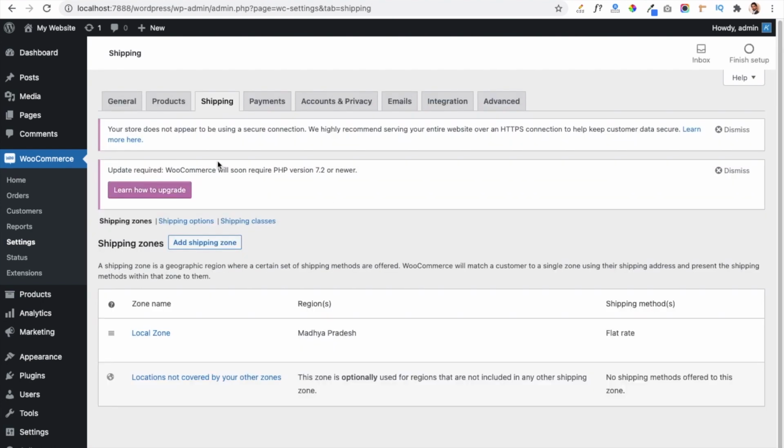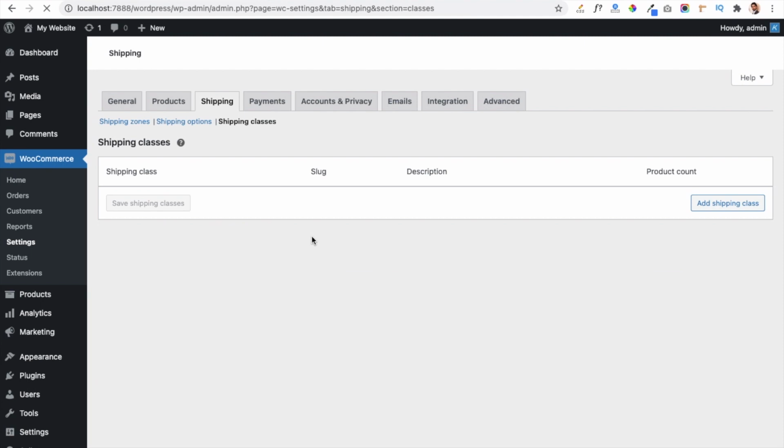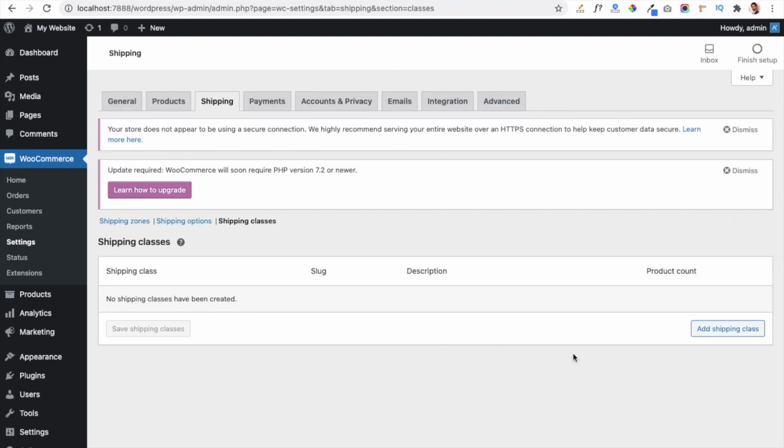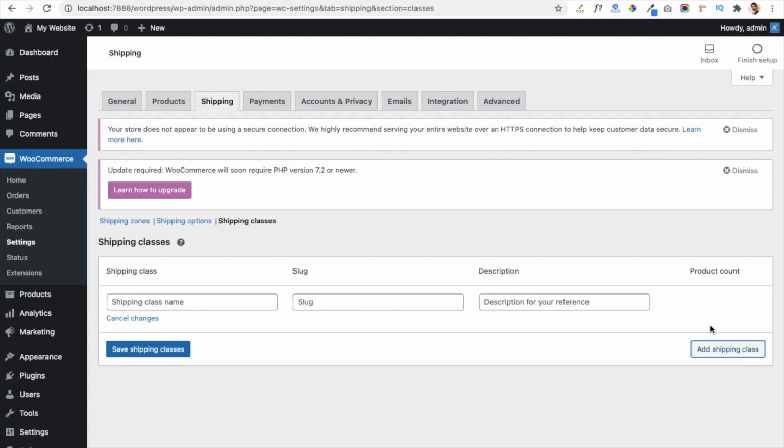So now friends, you can see this is the link of shipping classes. Here we have to give the price of each class. So I am going to create a new class. From here, the add shipping class button, you can add a shipping class and give a free cost name.